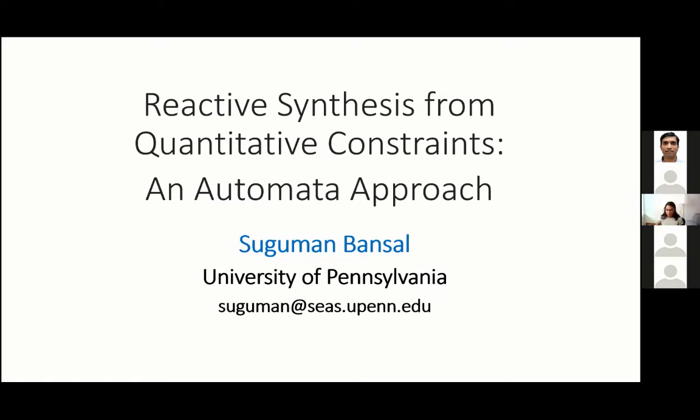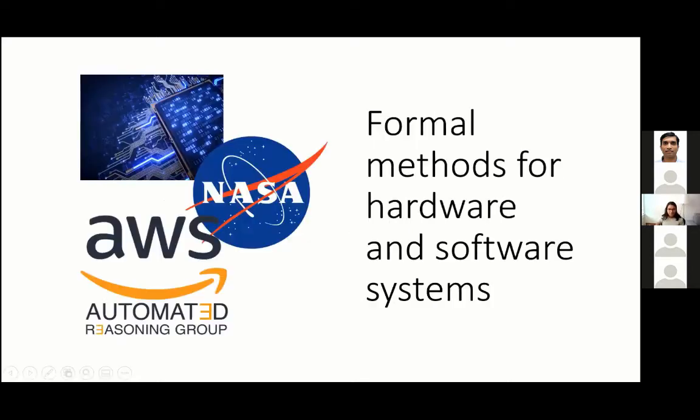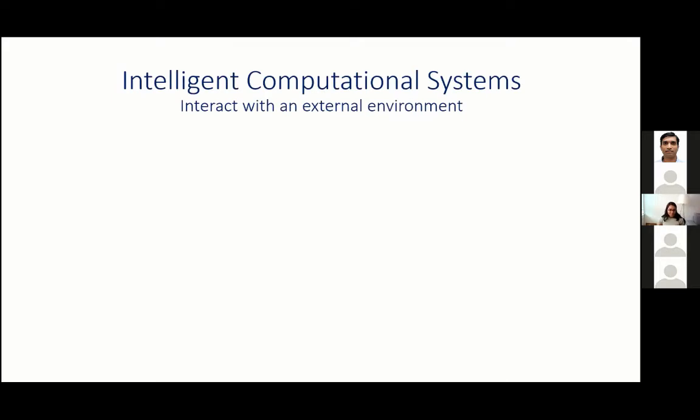So let's start rather broadly. Formal methods, as we all know, is the method of obtaining rigorous mathematical guarantees on the correctness of computational systems. And in the past couple of decades, we have seen wide-scale adoption of formal methods in verification and synthesis of hardware and software systems, so much so that industrial development of software and hardware have really started adopting these techniques. But as we are in the AI boom, artificial intelligence boom, a whole new generation of computational systems